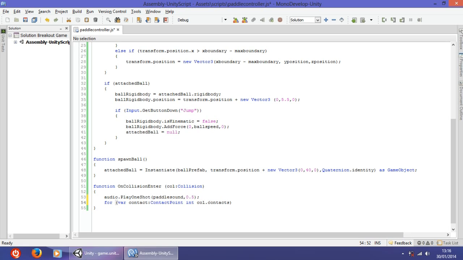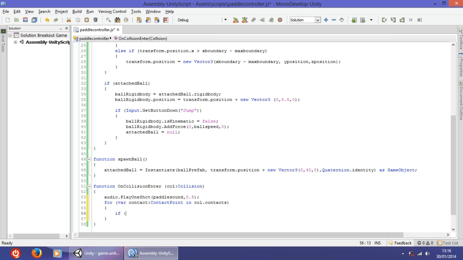So each contact point in the pedal, in the contacts of the colliding object right here, we are going to execute a code. Hope you are understanding it. This is my first time doing a video about coding, so I hope this will help. So for each contact of type ContactPoint in col.contacts,